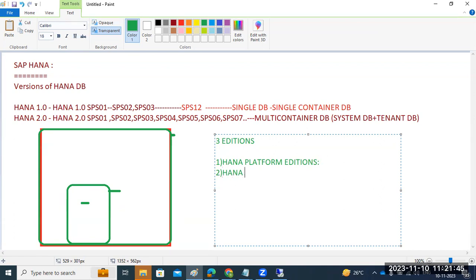Then one more edition they released is the enterprise edition. This is the edition they released into the market which has the basic functionality plus some additional licenses, the replication